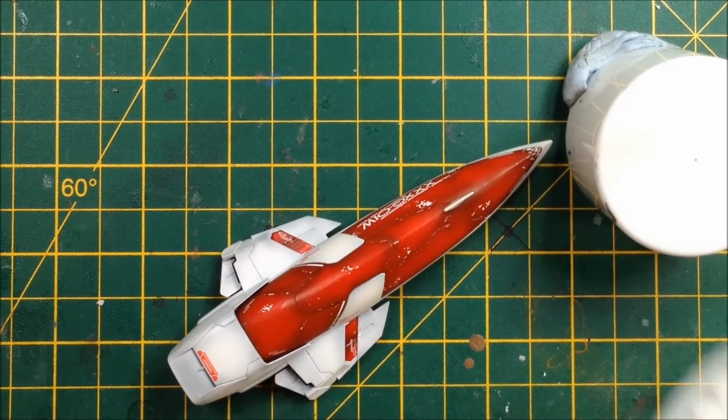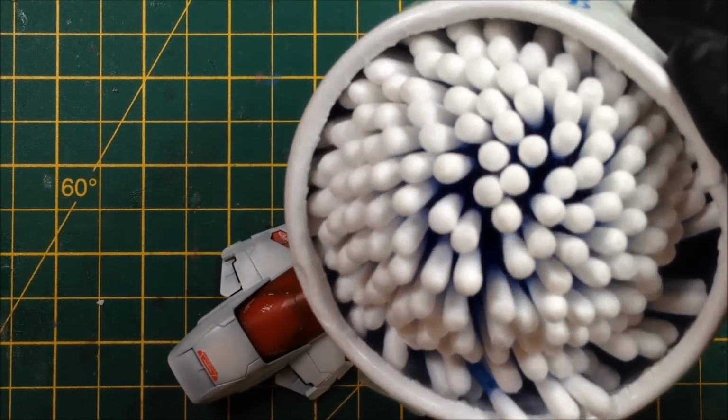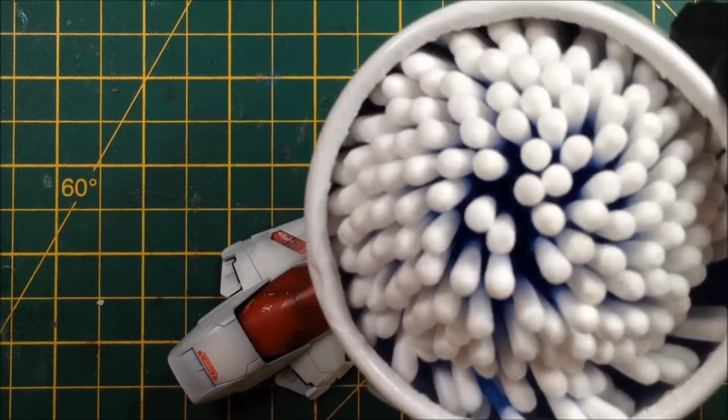You also need some cotton buds. Woo! Or Q-tips. I love that. That's like some kind of sea creature. It's like some kind of anemone. Anyway,